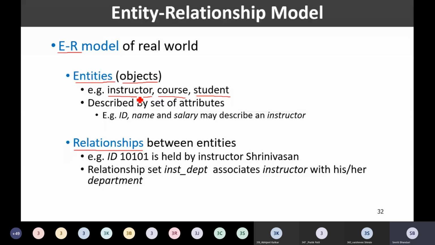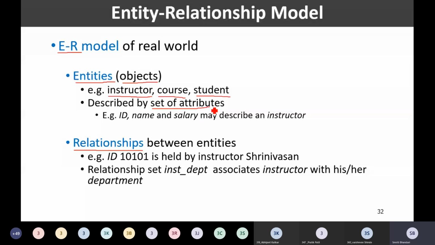Typically in the ER model, if I collectively say instructor, that means it is an entity set, wherein I have various entities of the kind instructor. One entity is one instructor.